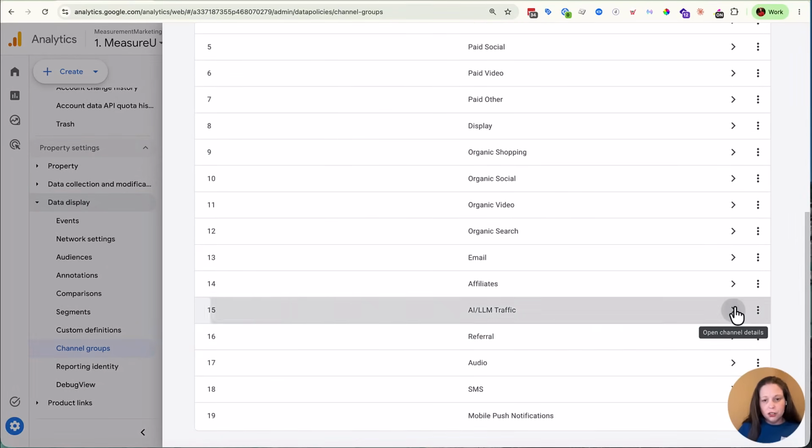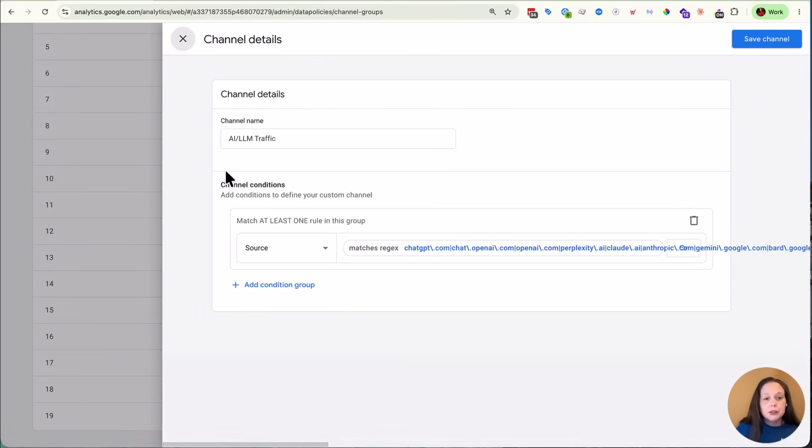Well, how did you make your channel? You went through here and labeled it something that makes sense to you. The consensus across all the experts is, don't use just AI, because the letters A and I can be in lots of different words. So possibly use AI/LLM or AI/something, so that it doesn't get confused with some other words.